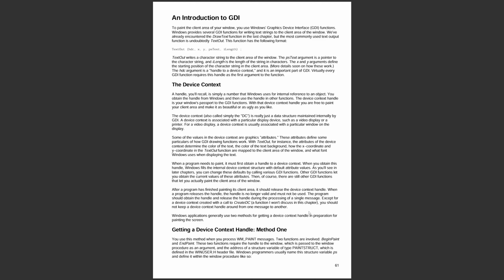Windows applications generally use two methods for getting a device context handle in preparation for painting the screen. We have getting a device context handle, method 1. You use this method when you process WM_PAINT messages. Two functions are involved, BeginPaint and EndPaint. These two functions require the handle to the window, which is passed to the window procedure as an argument, and the address of a structure